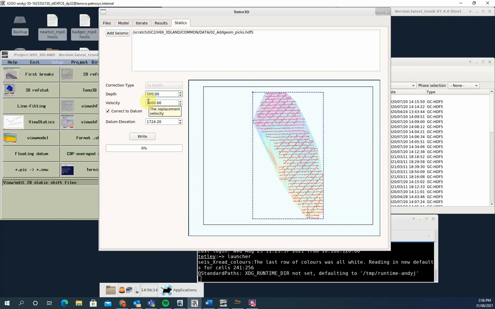We have a replacement velocity, i.e. to replace where we've got no rock or anything, i.e. air, through the topography of 3000 meters, so you can put in whatever is a suitable replacement velocity for your data. And then we have the choice of either correcting for the local refraction variations along the line within a shot,